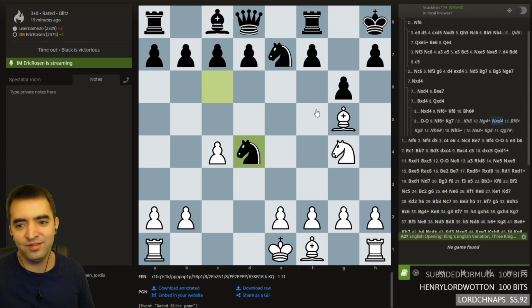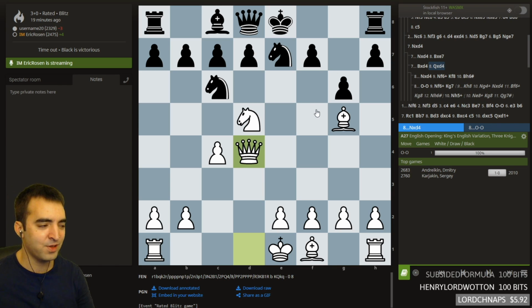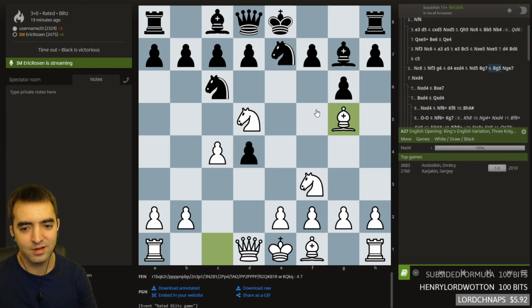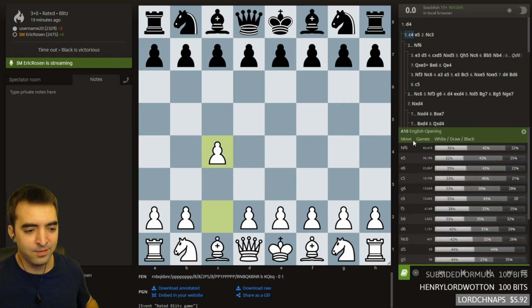Anyway, this is probably one of the first miniature games I studied when starting to learn the English. It kind of inspired me to play this move order of the English, to try and get this line. Anyway, I hope people are inspired